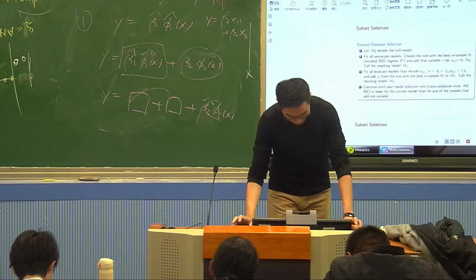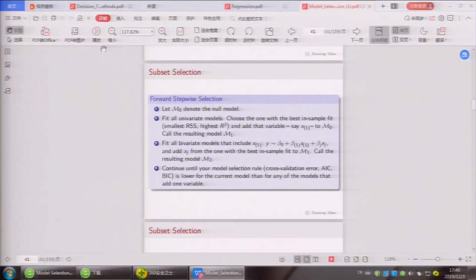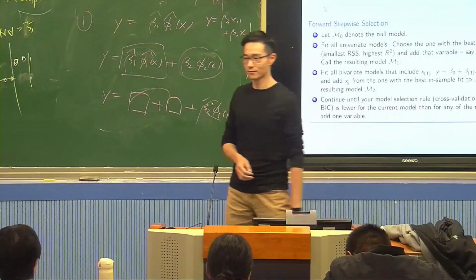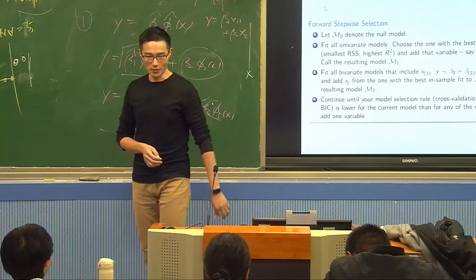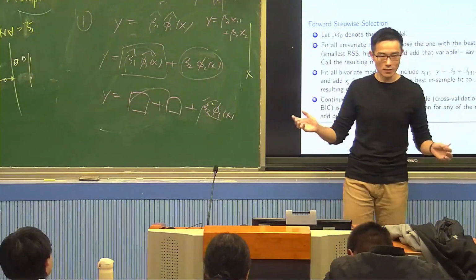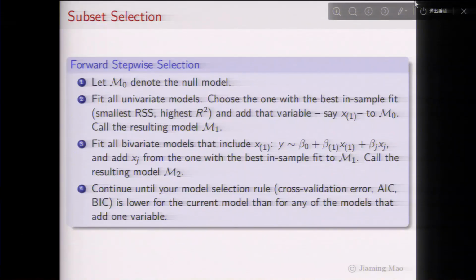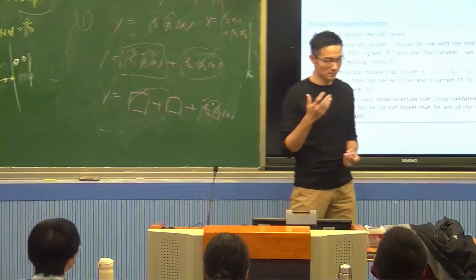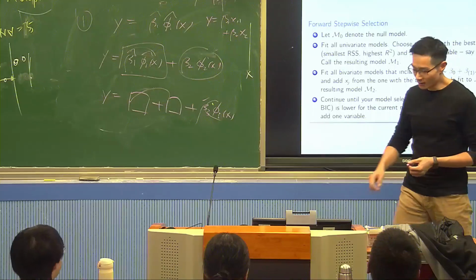Do you remember this? Forward stepwise regression. I call it forward stepwise selection, but it's typically also called forward stepwise regression. So do people remember what forward stepwise regression looks like, like the algorithm? The idea is